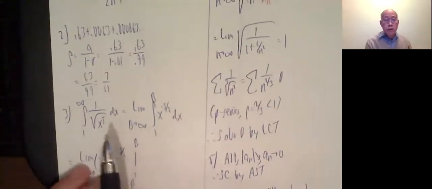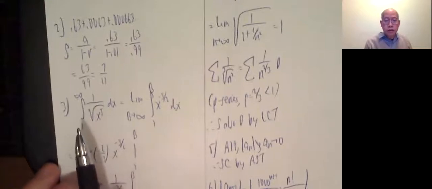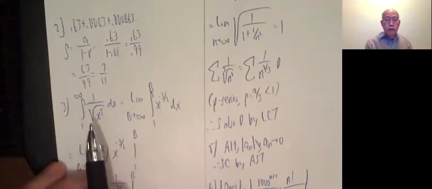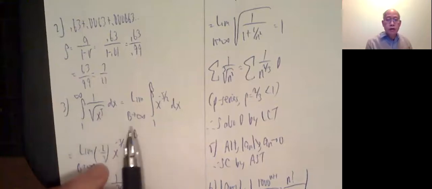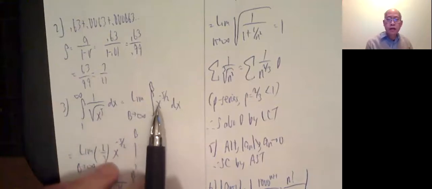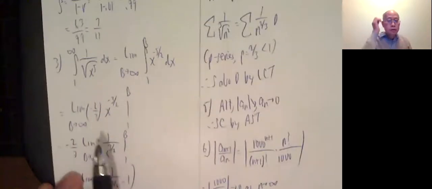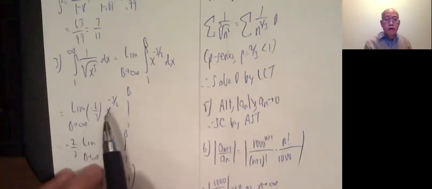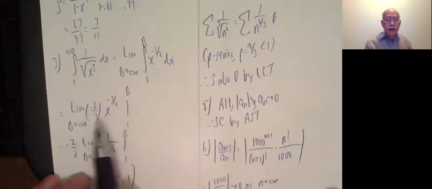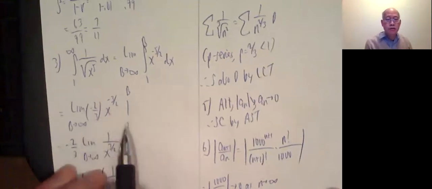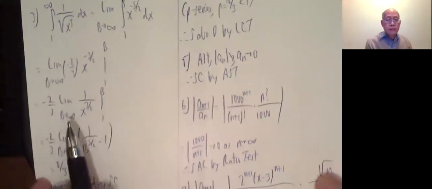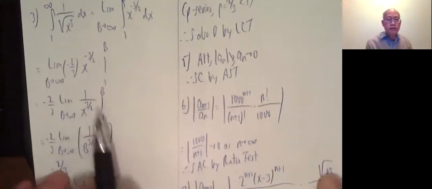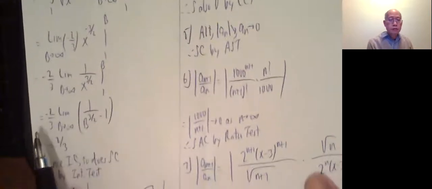Number 3, integral from 1 to infinity of 1 over radical x to the 5th dx by using the integral test. So limit as b approaches infinity of the integral from 1 to b of x to the negative 5 halves dx. So limit as b approaches infinity of x to the negative 3 halves divided by negative 3 halves means times negative 2/3 from 1 to b. Factor out the negative 2/3. Limit as b approaches infinity of 1 over x to the 3 halves from 1 to b,